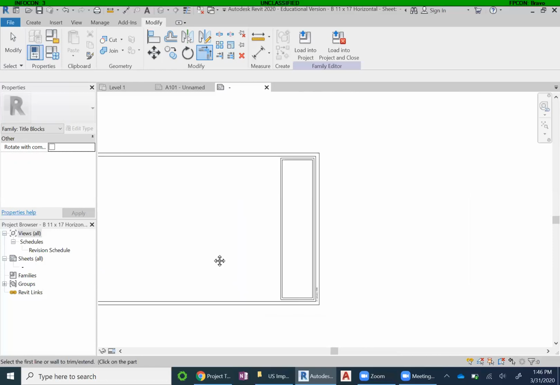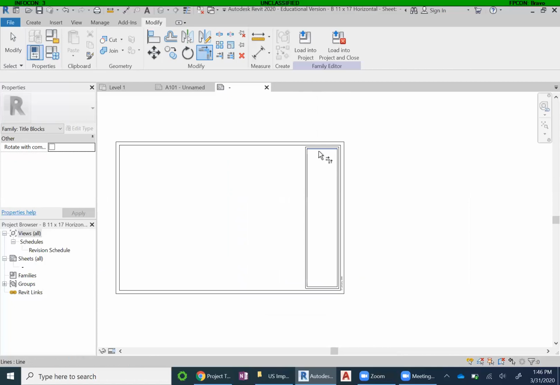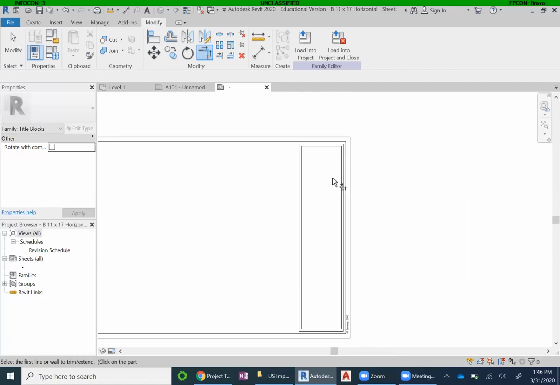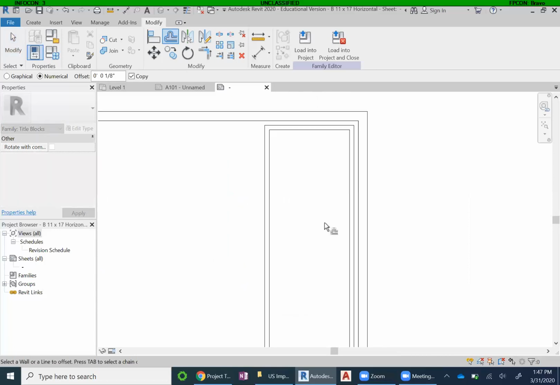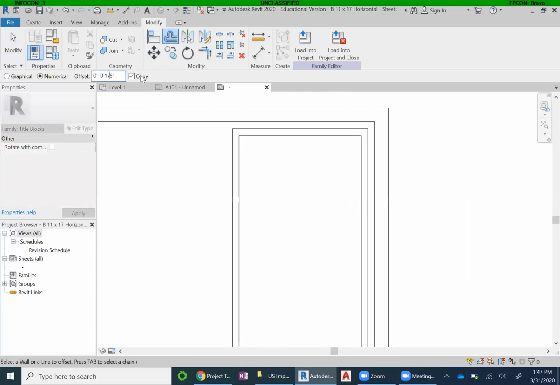Okay, so yeah, that looks pretty good. Now I'm going to again use my offset command to just make a couple boxes. So what it's going to look like, I want 2 boxes up top, and then I want 1 big square box, and then one big rectangular box, and then a box down here with 3. So what that's going to look like is my offset command again, and I'm going to offset all of these